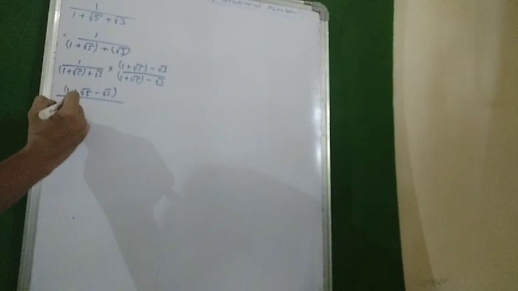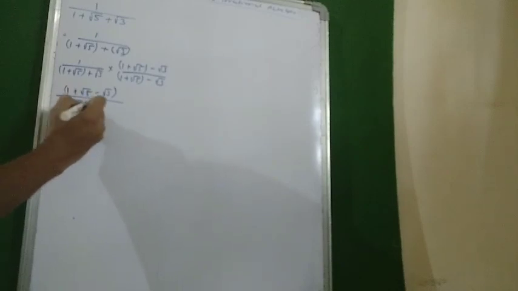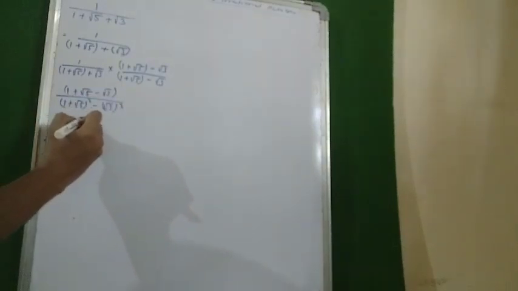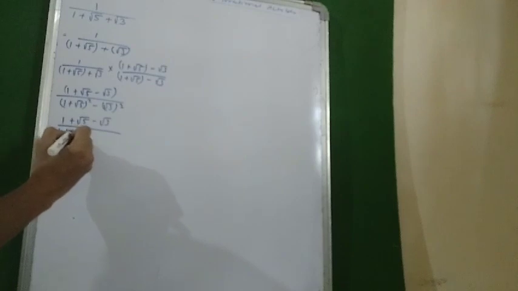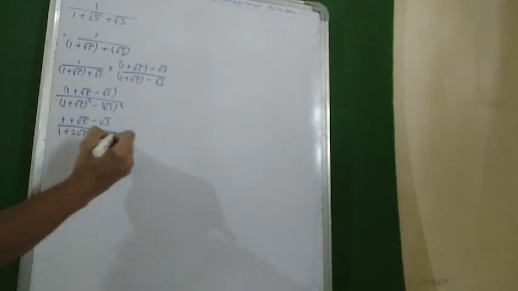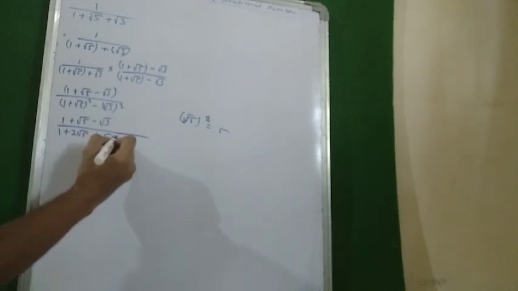And in the denominator, pay attention, a plus b, a minus b, it is a square minus b square. So we will have 1 plus square root of 5 minus square root of 3 as it is. And a plus b the whole square can be written as a square plus 2ab plus b square. b means square root of 5 square. What is the square root of 5 square? Square root of 5 square is 5. So I will write just 5, minus square root of 3 square is just 3.